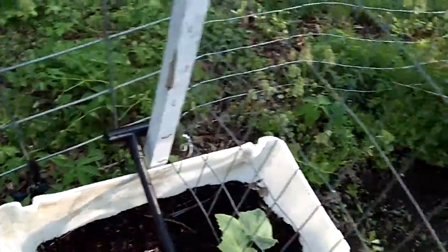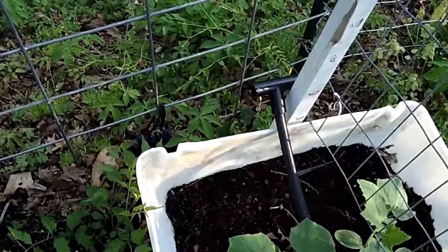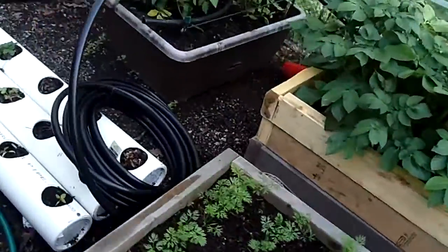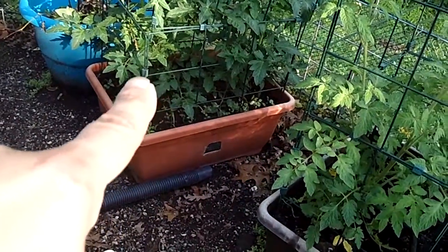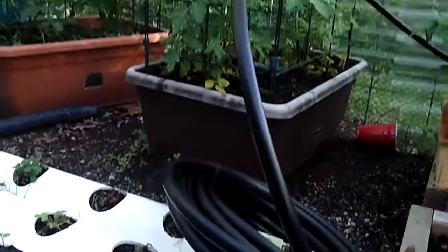Now, I was thinking, I've got grapes over there. I may run one yet, I don't know. I had to bust out the new line, the new hose that I got, which runs from there. It's going to run across there to there and stop at the second tomato as of this point. So I'm going to loop this over real quick and